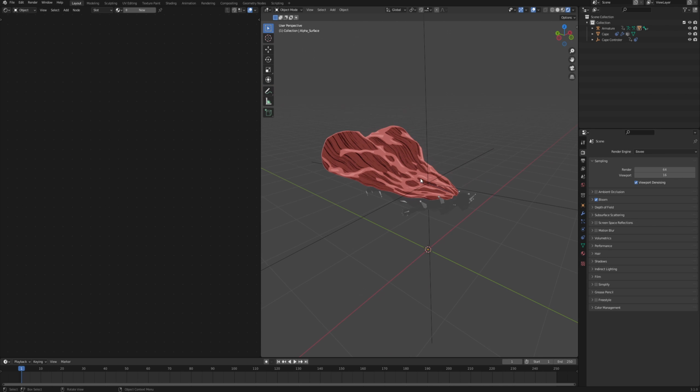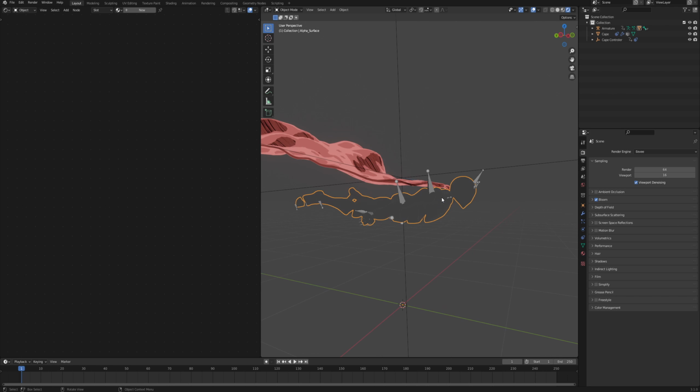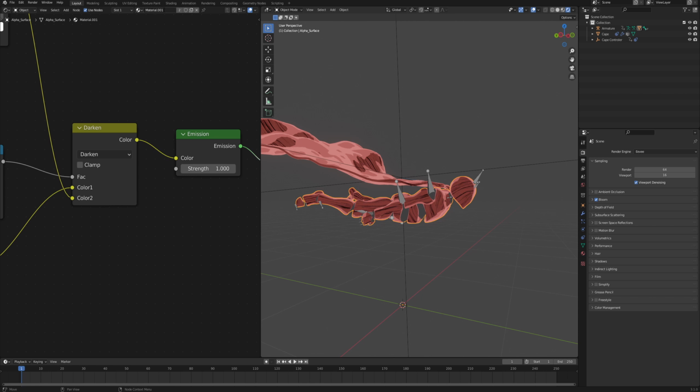So with the cape done, let's select the character. And here we want to use actually a very similar setup. So we can simply go to this drop down list and choose the material that we just created. And while we add it, let's also give it a proper name, just to keep it organized.